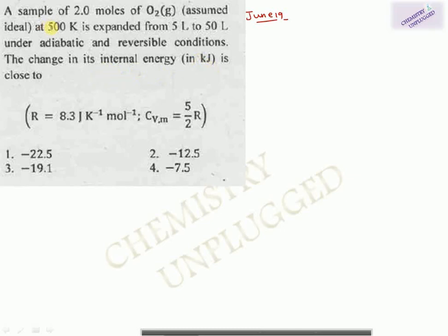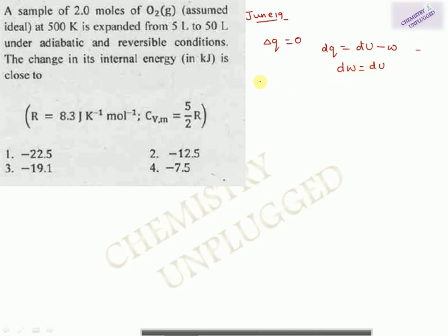So in this question, they are talking about adiabatic reversible condition. Adiabatic reversible condition means the heat exchange, the change in Q, is zero. Adiabatic condition means heat change is zero, and you know the formula for it is the first thermodynamic equation, that dq is equal to dU minus w. So when dq is zero, then internal energy will be equal to work done. These two will become equal to each other.